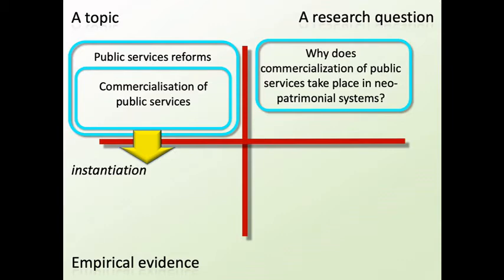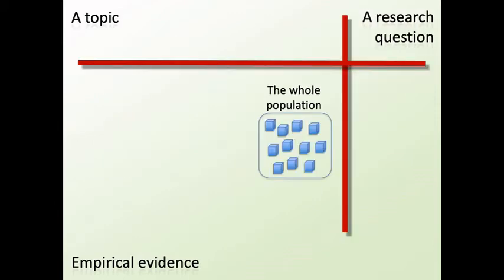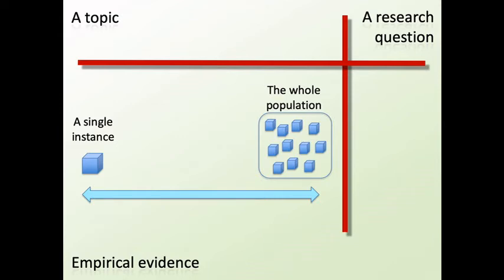Sometimes, the selection of empirical evidence results in the identification of the whole population of instances of a particular topic, as if I selected all experiences of commercialization of public services that ever happened. Quite often, selecting the entire population is not feasible or practical, however. A very different selection strategy would be to select one instance only of the topic under consideration, that is, to pick just one instance, one case, of commercialization of public services. These two options stand like extreme or polar cases within the range of options about what empirical evidence is selected